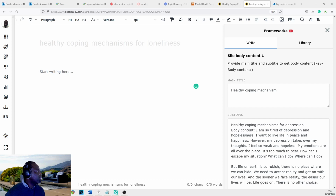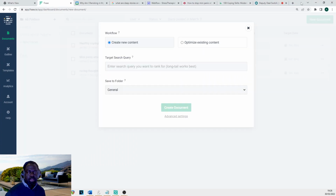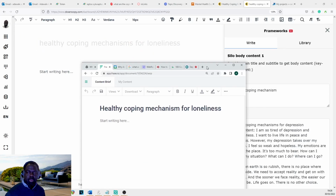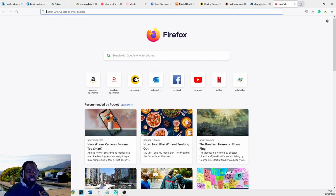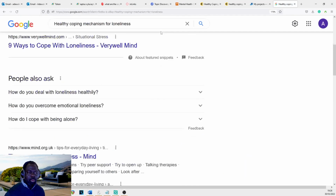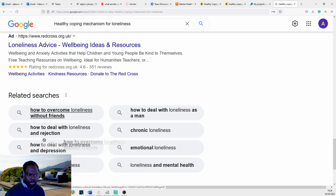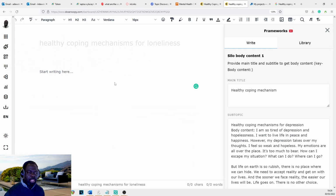So I'm going to go into Frase briefly for this. So new document. The new document we are doing is healthy coping mechanism for loneliness. So whilst Frase is doing that, now if you don't have Frase, you don't have to use Frase. You could actually use a different process, which is go into Google, type in that headline, healthy coping mechanism, and then go down to the related searches, copy all the content in the related searches, and you've got the beginning, the makings of the beginning